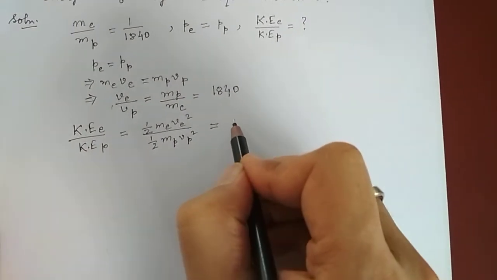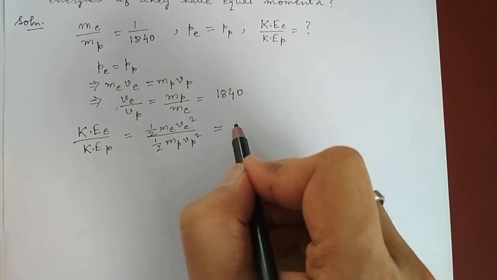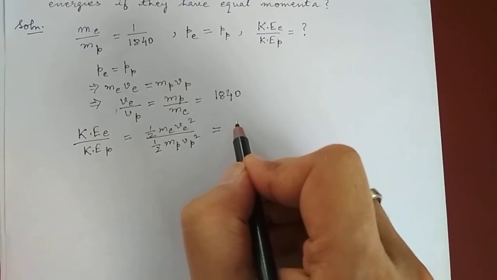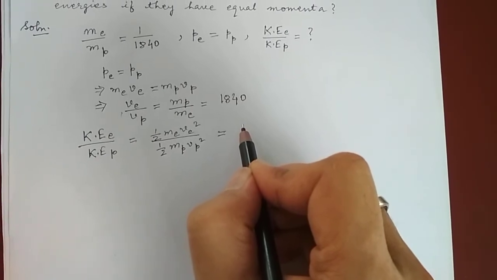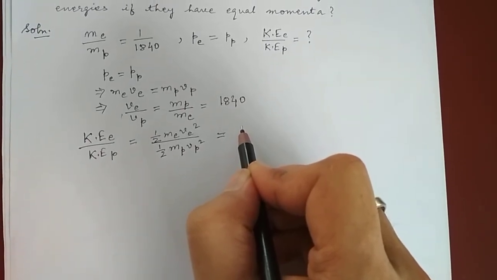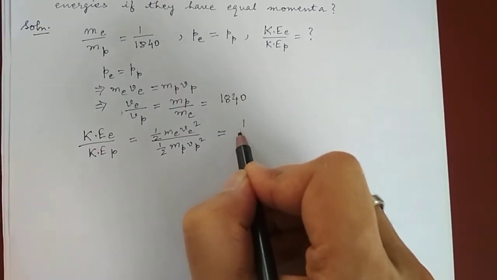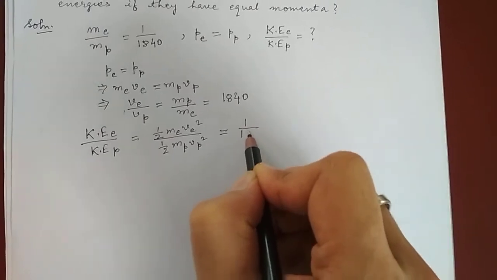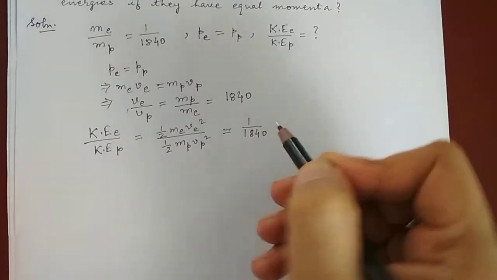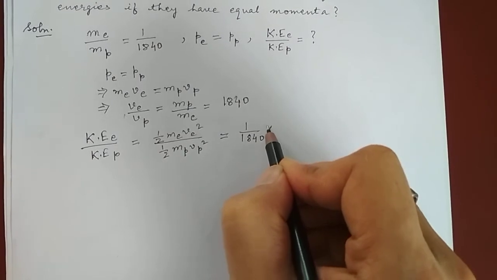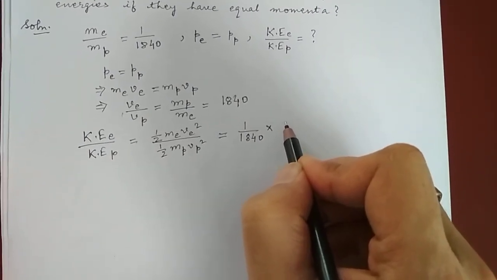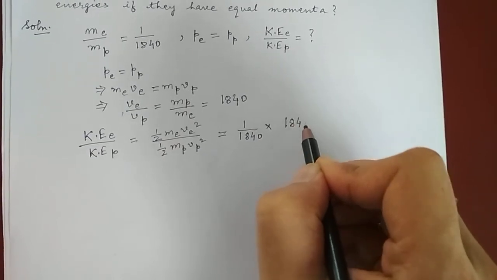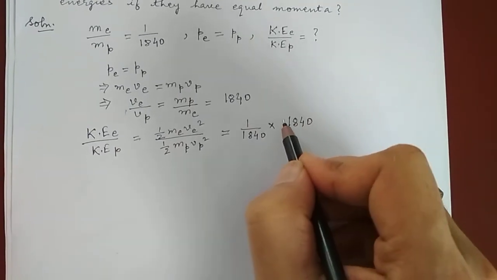Half will cancel out from denominator and numerator, and we know ME by MP, that ratio is equal to 1:1840, and we know the ratio of VE and VP, that is 1840, and we have square,